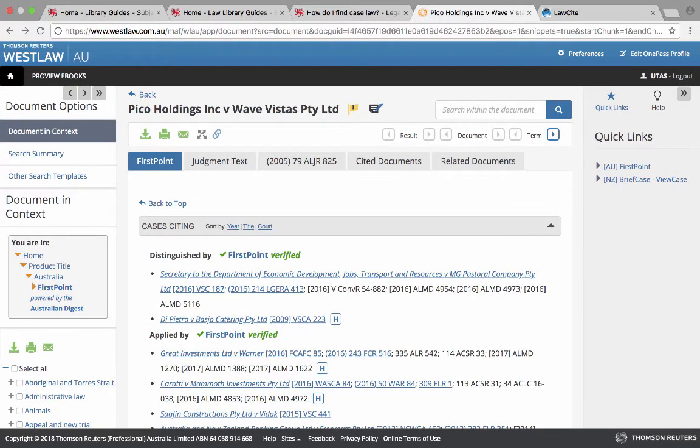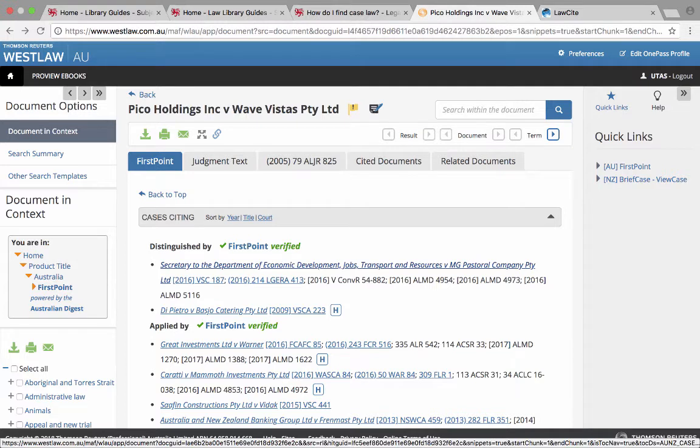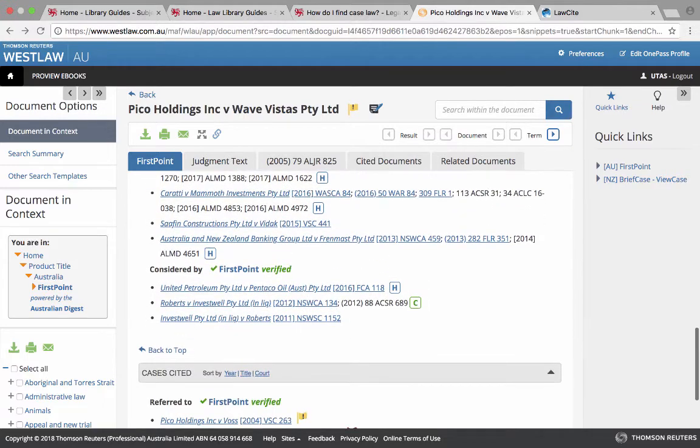And then we have what has happened since our case, so cases that have cited our case and how they have treated our case. So we have here a 2016 decision which distinguishes a particular point of law, and 2009 decision. We also have decisions which have applied points of law from our case, and those that have considered our